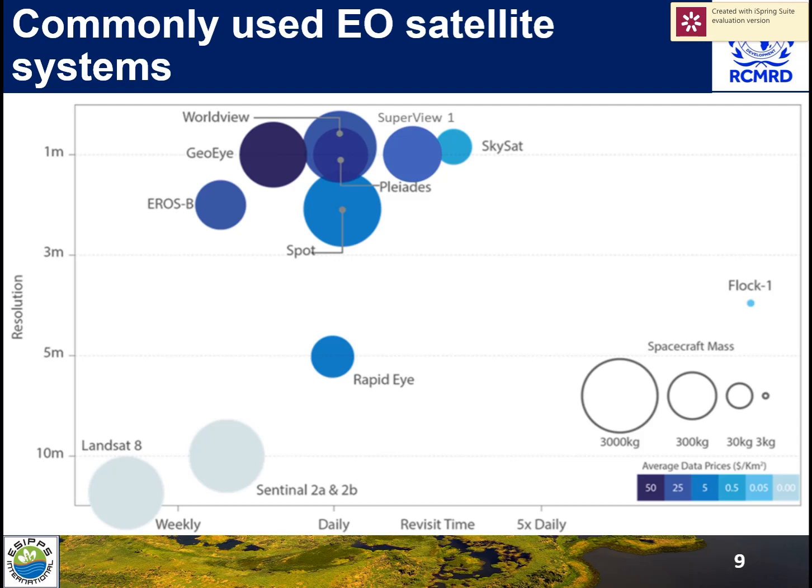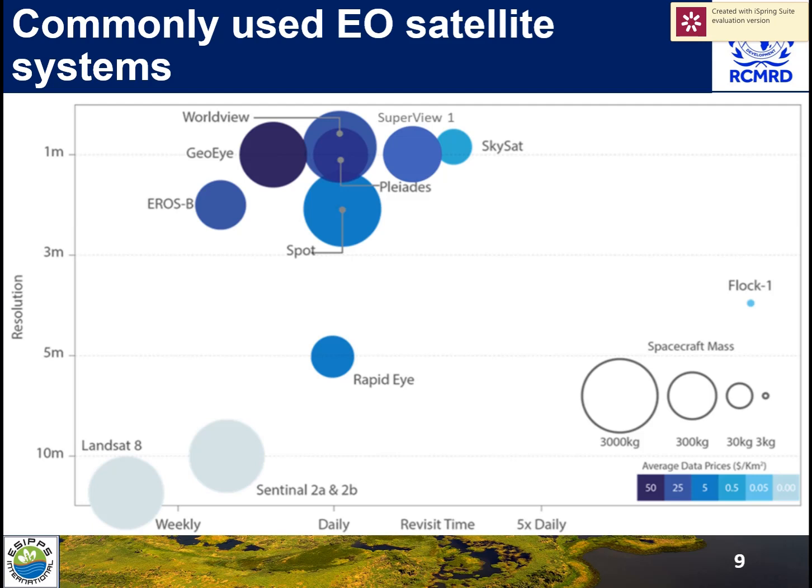In the middle part, you'll see RapidEye and Flock 1. Flock 1 is towards your right, mid-right. And then on the top, mid, you'll see WorldView Earth observation satellite systems, SuperView 1, SPOT, EROS B, SkySat, and so forth. Now, if you look at the image again,